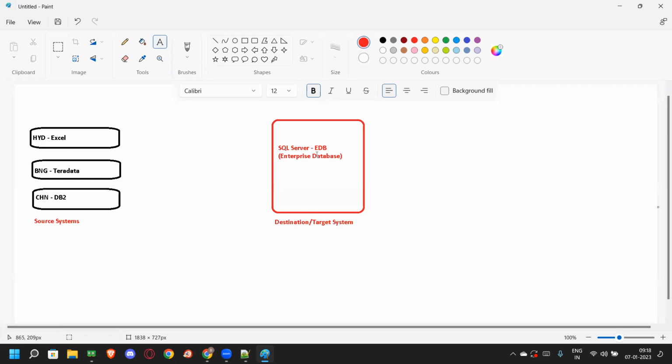No source is synchronizing with the destination system. Sources are different, destination is different. So you can't directly load the data from multiple sources to one destination. You can't do that. So now I need a junction where I can collate everything in one place. That's where exactly